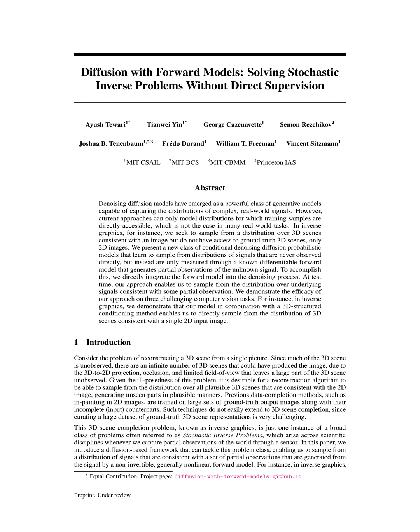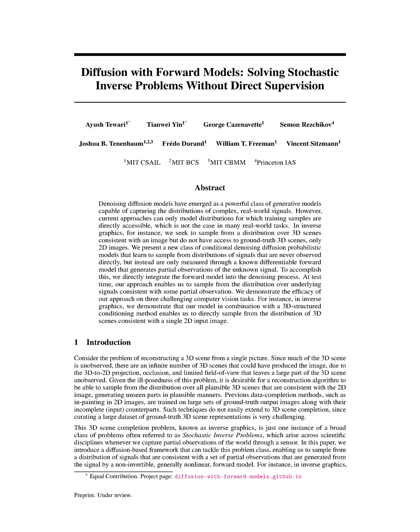In the past, techniques for completing missing data, like filling in gaps in 2D images, were trained on large collections of complete images and their partial counterparts. However, these methods struggle when applied to 3D scene completion because gathering a substantial dataset of complete 3D scene representations is extremely difficult. This issue of completing 3D scenes from 2D images, often termed inverse graphics, is an example of